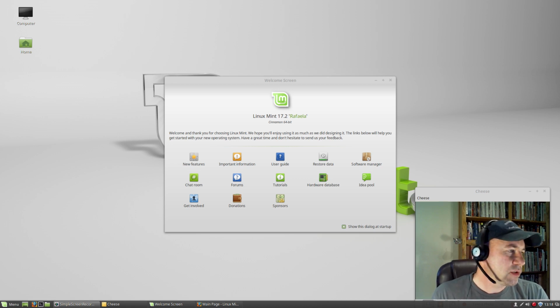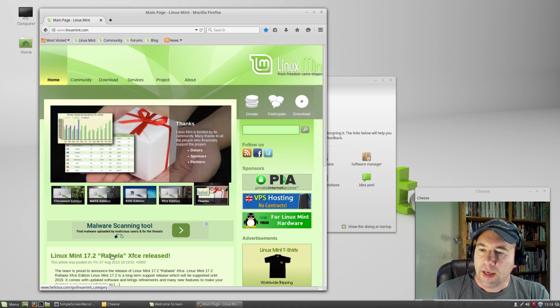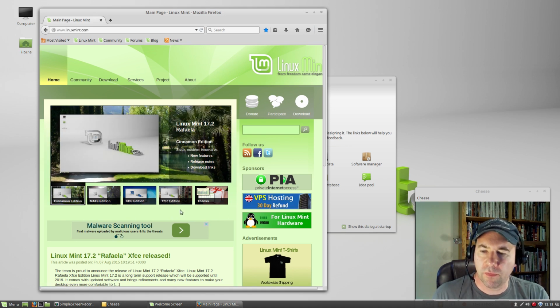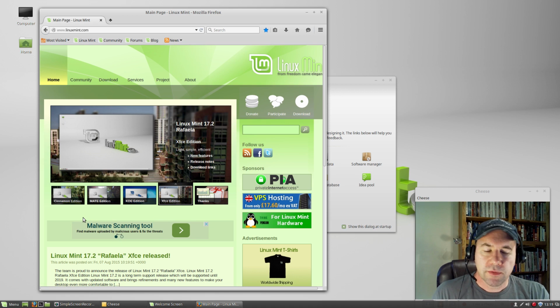So anyway, let's get started by taking a look at their homepage. Let me drag Firefox over here, and up here at the top they discuss a little bit about the recent releases of all the variety of desktop environments for 17.2. Cinnamon, of course, being their flagship. Mate, if you are not familiar with the Mate desktop environment, basically a continuation, I guess you could think of the old Gnome 2 desktop, but of course has been updated and